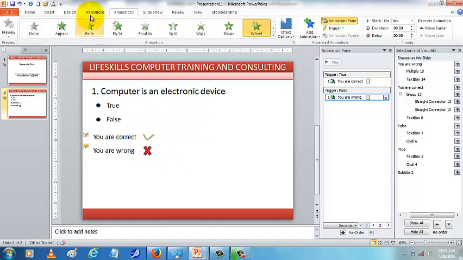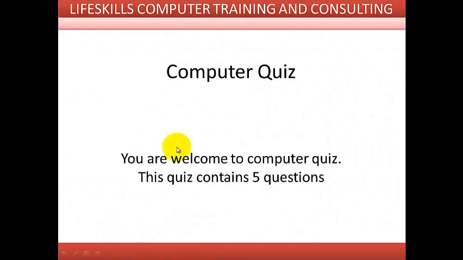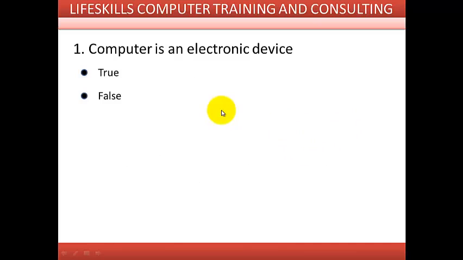So let's see whether it works. If you go to slideshow and click from beginning, you can see that this is the first screen. You normally go from one slide to another by pressing arrow down. So when I press arrow down, those ones are not shown because they only show when I trigger them.